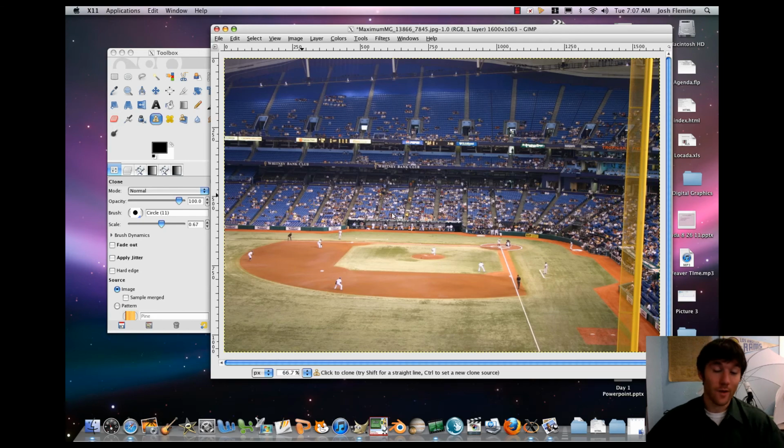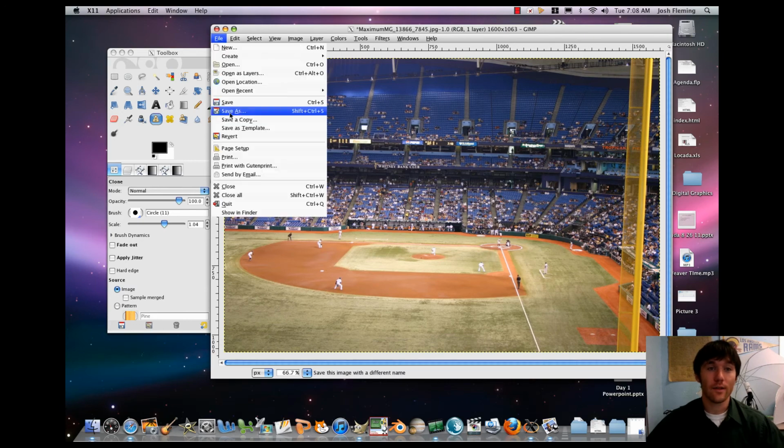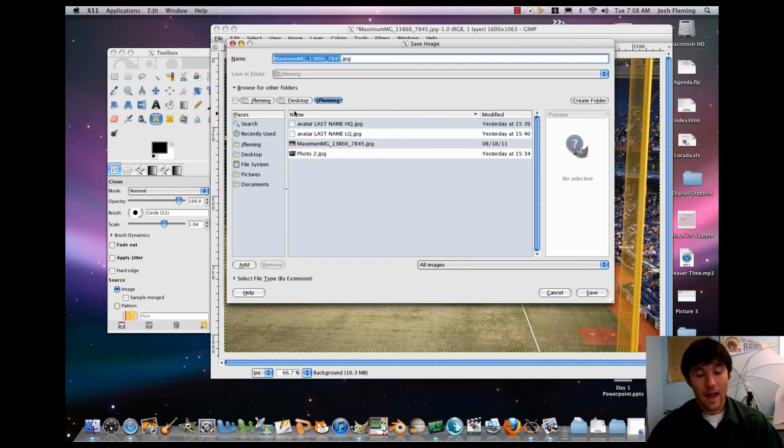If you want to have some fun, you could also add more baseball players too. Okay, so if you use your clone tool, you could also add some more baseball players or anything like that. People have done that in the past. It's kind of neat. Anyways, when you're done, file save as, and we're going to call it baseball,